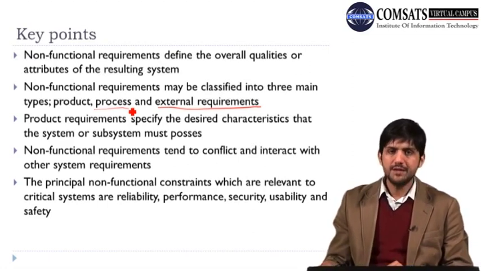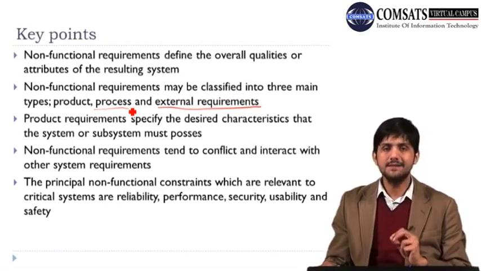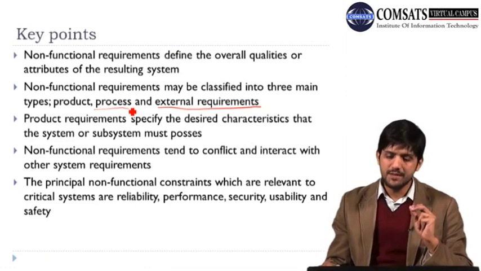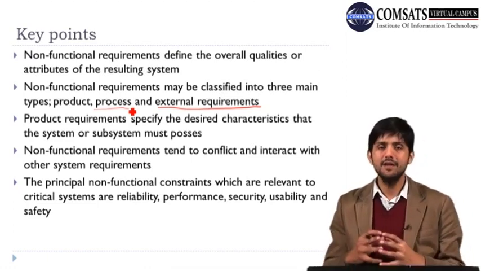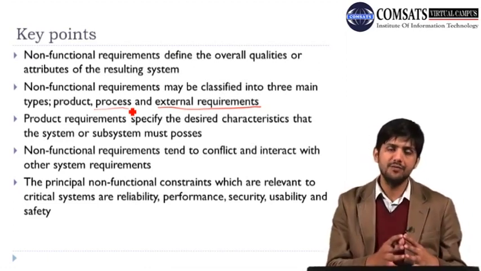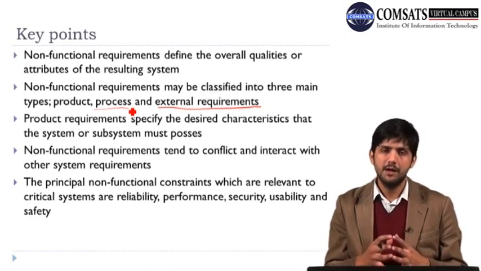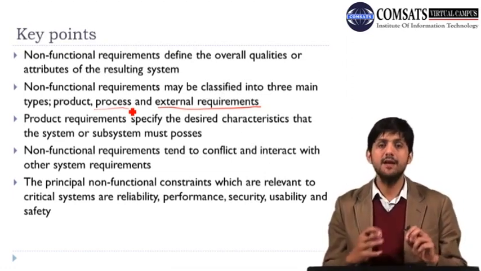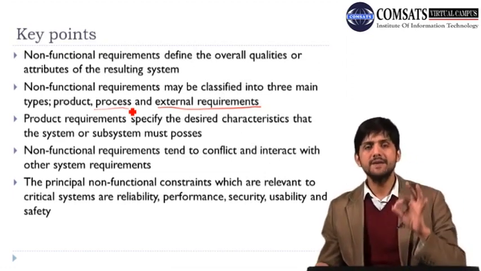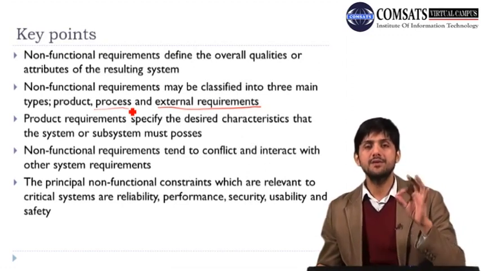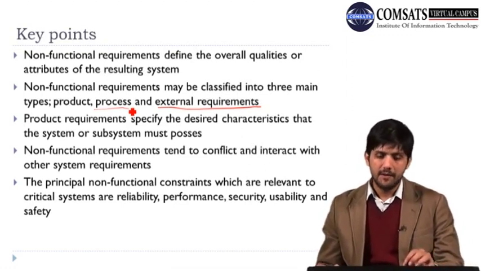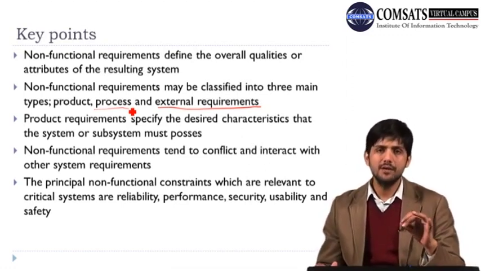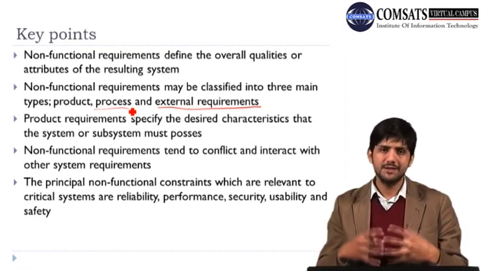Then the principal non-functional constraints which are relevant to critical systems are reliability, performance, security, usability, and safety. Obviously, the other non-functional constraints are also applicable, but these are more important. And we looked at the example of reliability, performance, security, usability, and safety. And as I said, we do have these constraints on other systems as well, but for critical systems the importance of these non-functional constraints